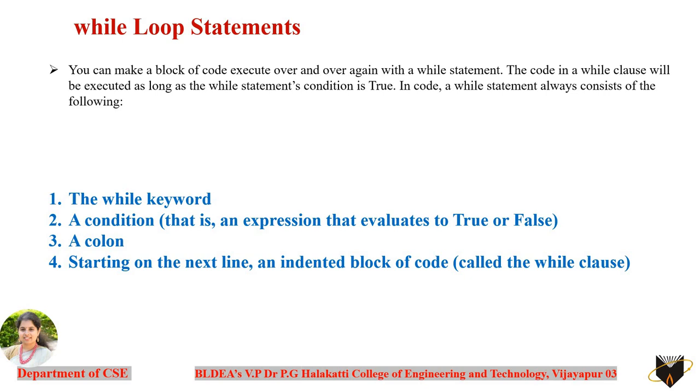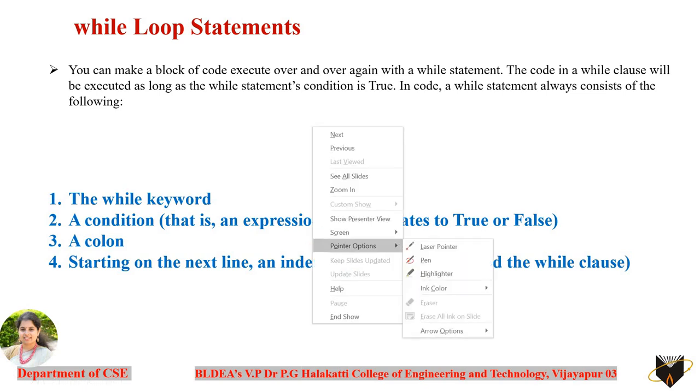What is the syntax to be used for writing the while loop? The three things required here are the while keyword, followed by the condition, and the condition needs to be followed with a colon. After that, with a proper indentation, a block of statements is included to tell which statements are to be executed for that loop. Let's see the same thing with an example now.